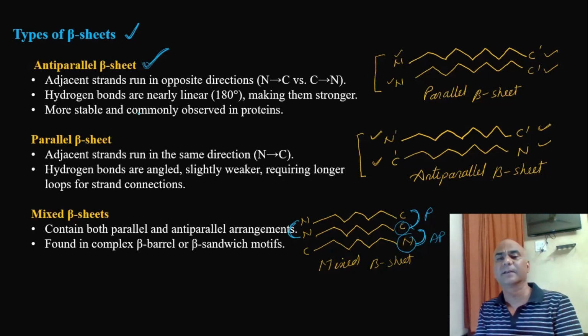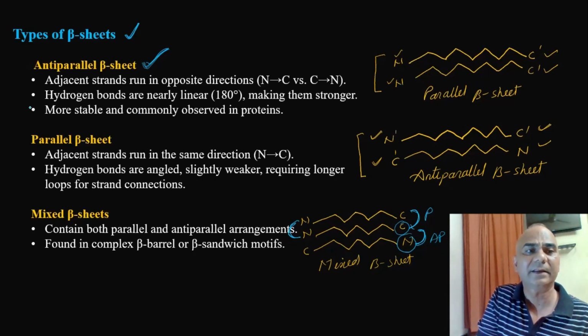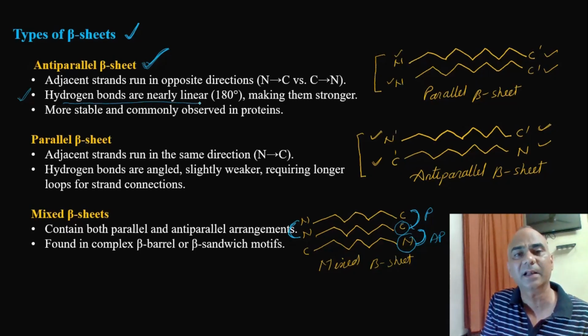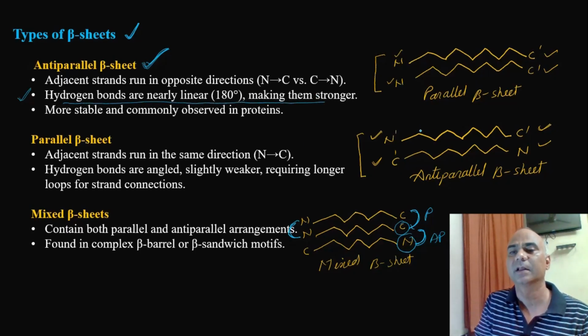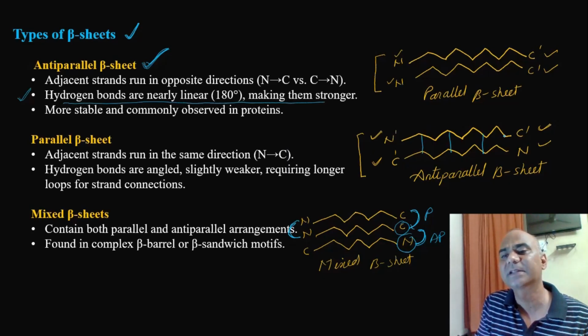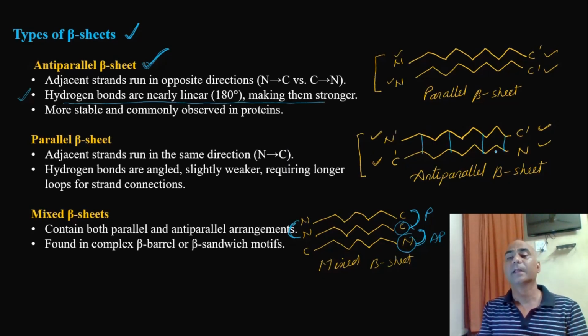Then what is the reason behind it? That you can see in the second point. In the anti-parallel beta sheet, these hydrogen bonds are nearly linear, 180 degree, making them stronger. एंटी पैरेलल में क्या होगा? जितने भी हाइड्रोजन बॉन्ड्स होंगे वो एकदम स्ट्रेट रहेंगे, उससे क्या होगा कि इसमें स्टेबिलिटी आती है। जबकि पैरेलल अरेंजमेंट